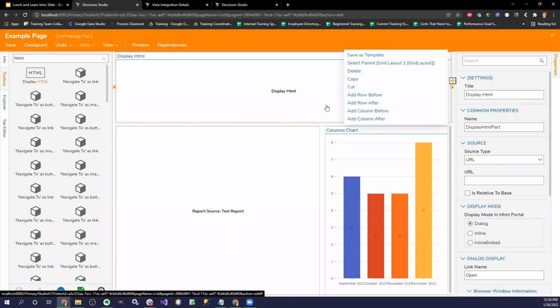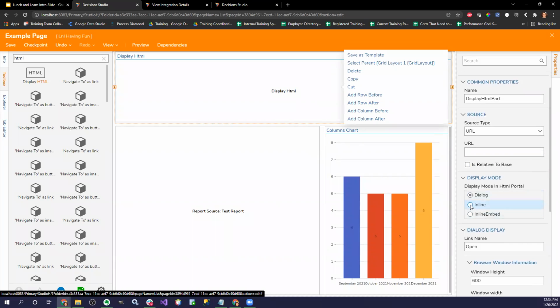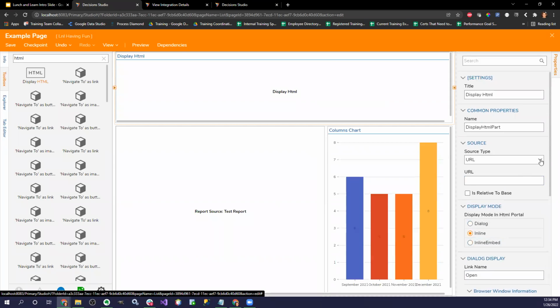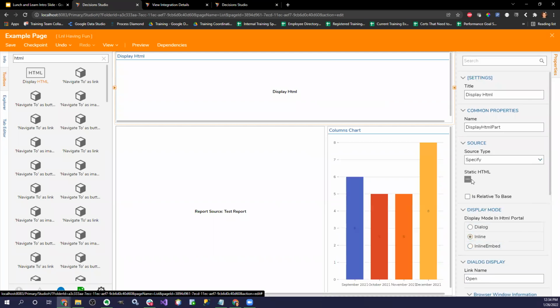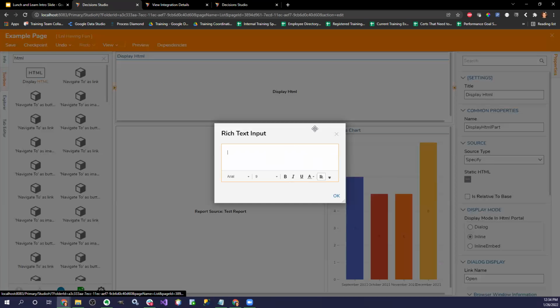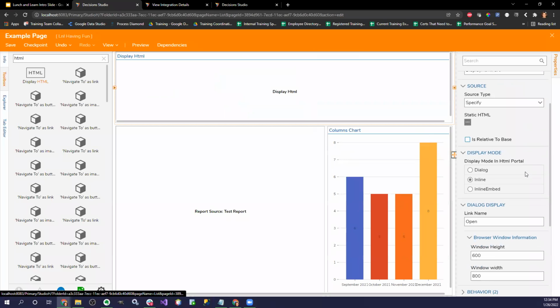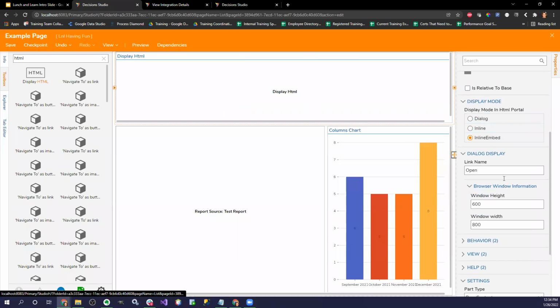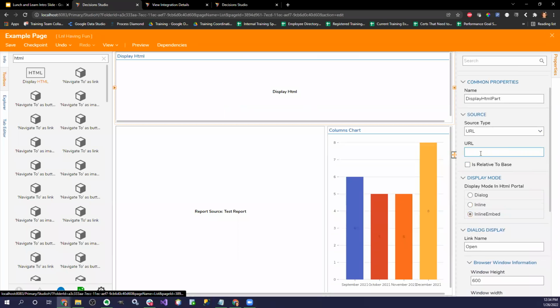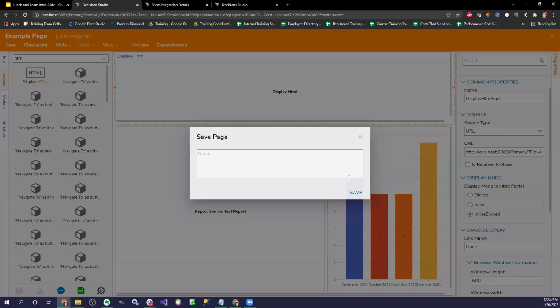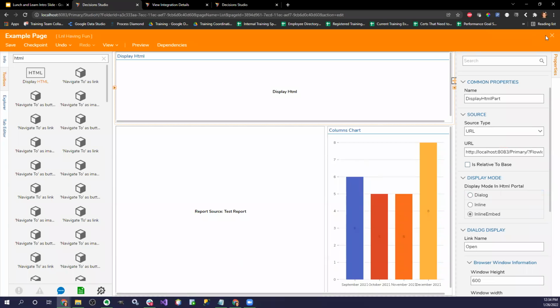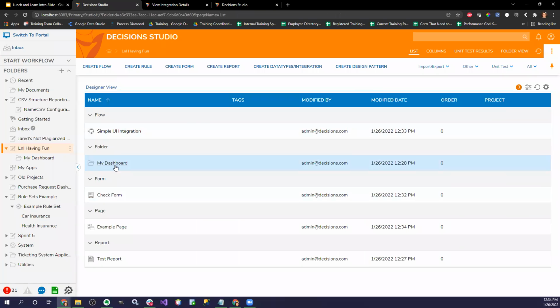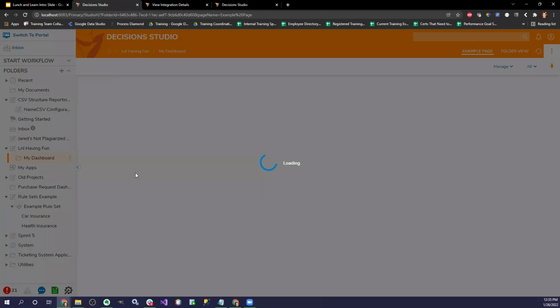So the example for this is, let's say I have to call a system or display some type of option available, and I have to specify it by a URL or embed something. What I can do is inline, and the source type would be specify, and I believe, nope, not that. Inline embed. It's a URL, and I'm actually going to paste my URL there. And I believe what should happen, this may not work because I'm on a local, but we shall see. That's one of the fun things about decisions. You can just experiment and see how things work.